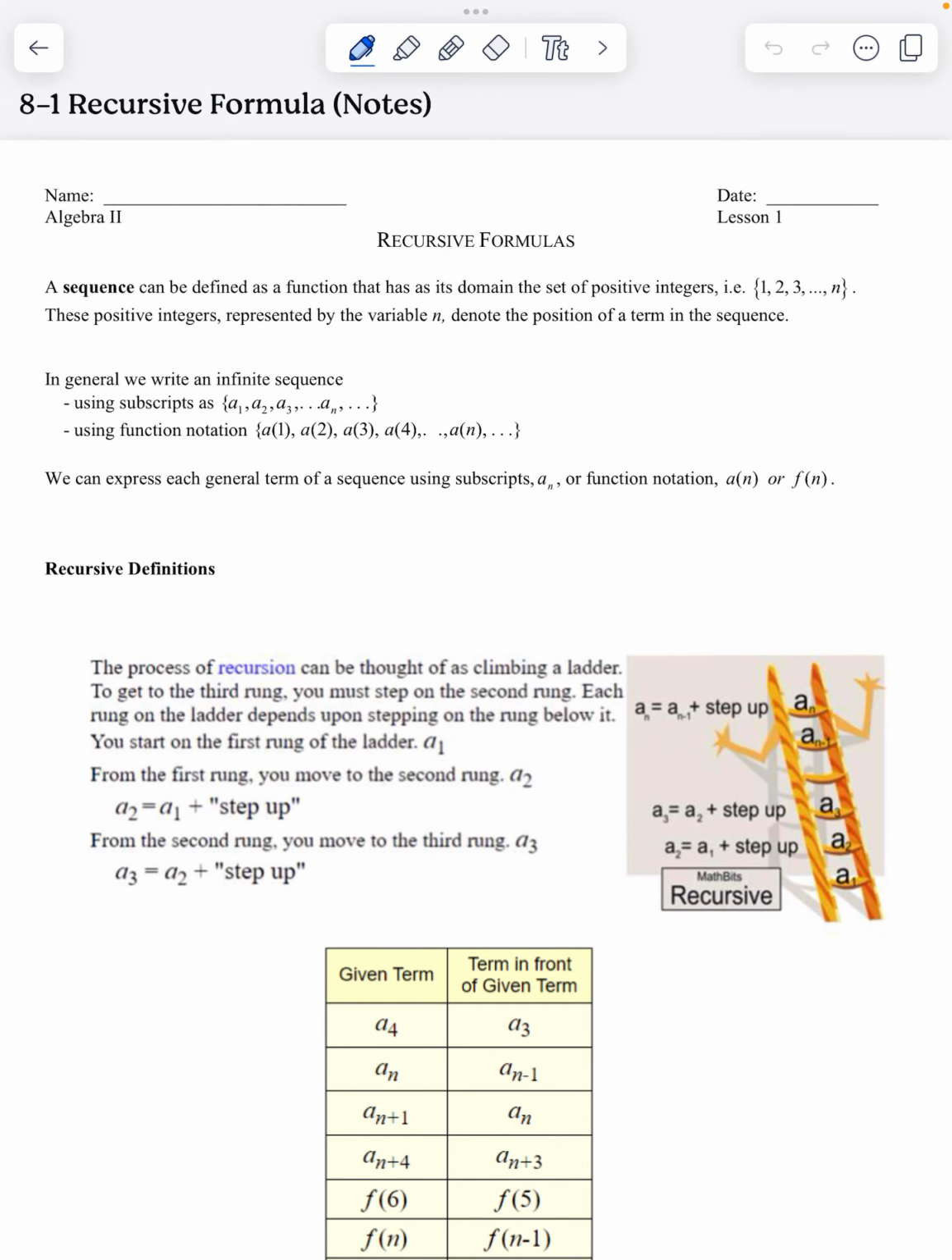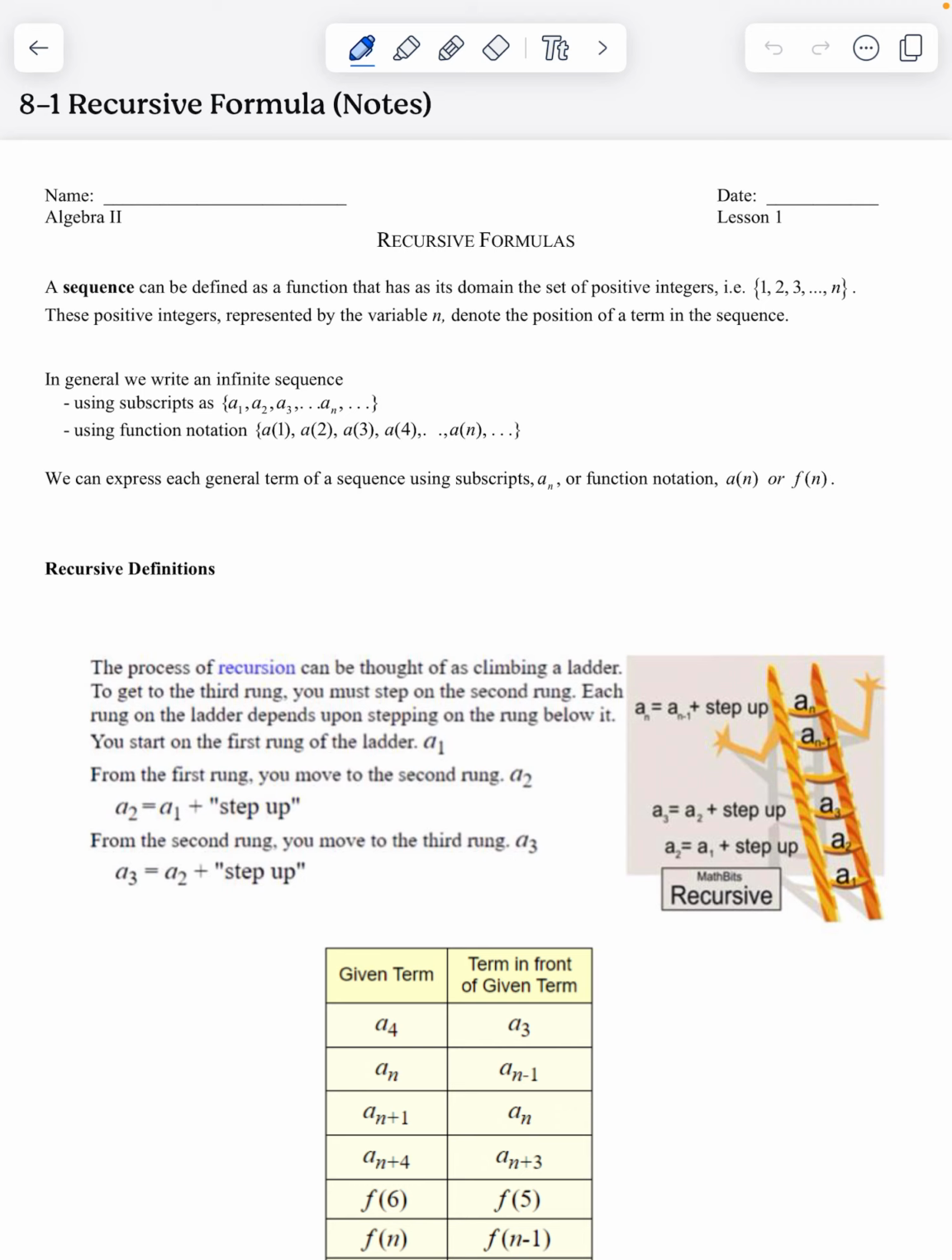Good morning, everybody. So today I'm going to teach you about recursive formulas. And you might remember a little bit about a recursive formula from way back when in Algebra 1. Okay, so the first thing that we're going to talk about is the set of positive integers represents the position